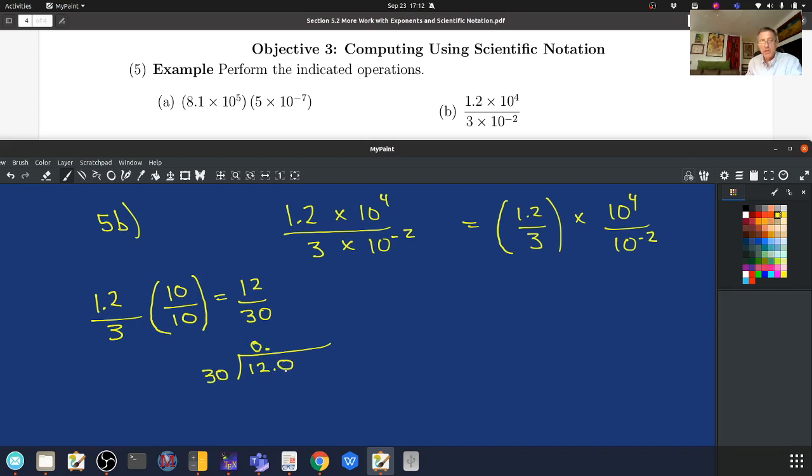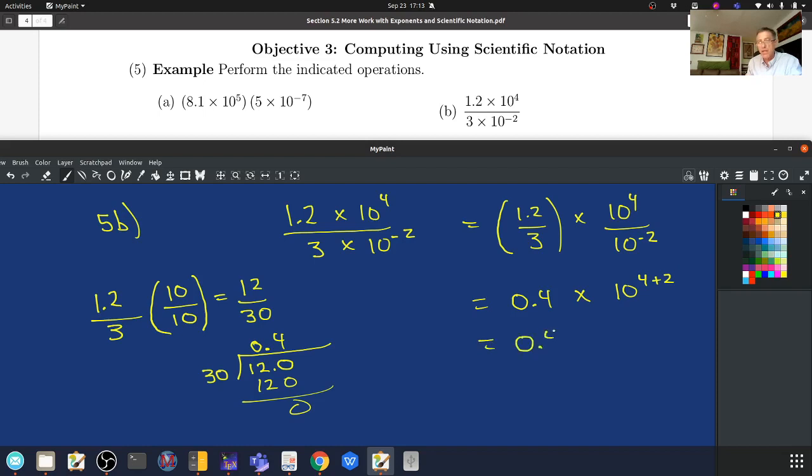Now 30 will go into 120 4 times. I'm done. So this is equal to 0.4 times 10 to the 4th divided by 10 to the minus 2. That's 4 plus 2 because I can bring the 10 to the minus 2 up. So that's 10 to the 4th times 10 squared. So the answer